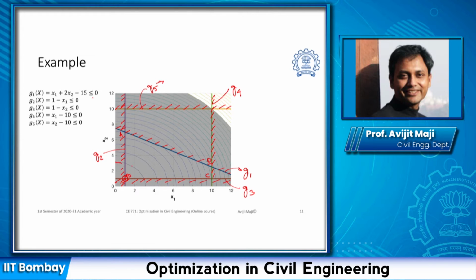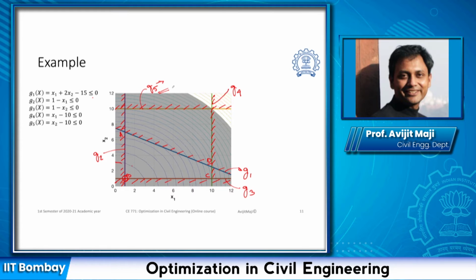But when we are looking into the solution, we don't exactly know where the solution is unless we plot it in this graphical format. So we need to find out the active constraints. For this purpose, we have 4 constraints, because this constraint is permanently inactive. So eventually we have 4 constraints. Out of that, we have to find out how many are going to be active. Now we have 2 variables.